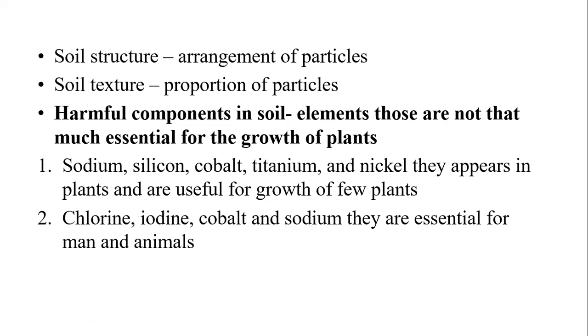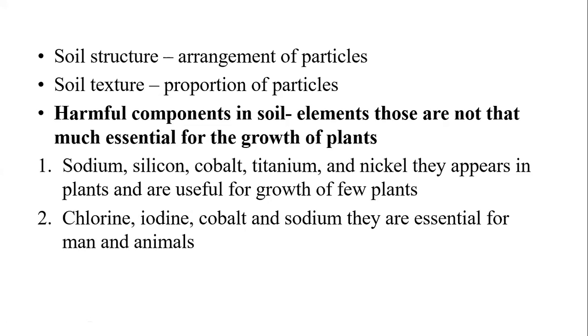Then the second group is chlorine, iodine, cobalt, and sodium. They are essential for man and animals. Means whatever components are there, that is chlorine, iodine, cobalt, which you have discussed in the previous one, and sodium, they are essentially required for the chain of, what we can say, that